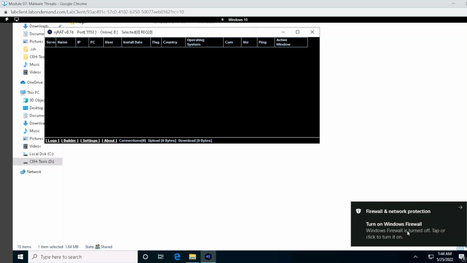Now you'll notice that my firewall is turned off. All virtual machines right now in this lab will have their firewall turned off. That's just because with the updates to Windows and Windows Defender, it's not impossible, nothing's impossible, but it is much more difficult to inject these remote access Trojans and everything else. I could still do it and I could show you that, but I want this to be as real as possible. So after doing that, we're actually just going to click on this builder,